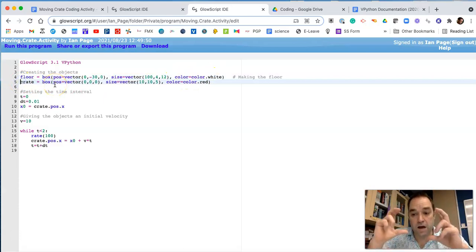Crate is the box that we created. It starts at the origin. It has a size of 10 horizontally, 10 vertically, and 5 into the screen, and its color is red. We'll get into this a bit later, but for now, go back to